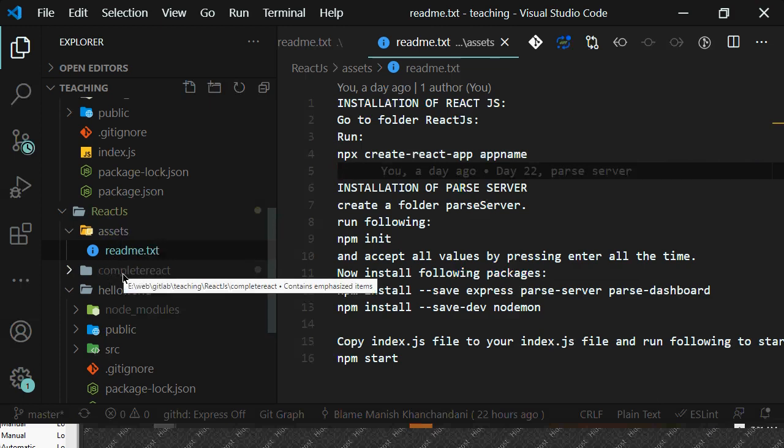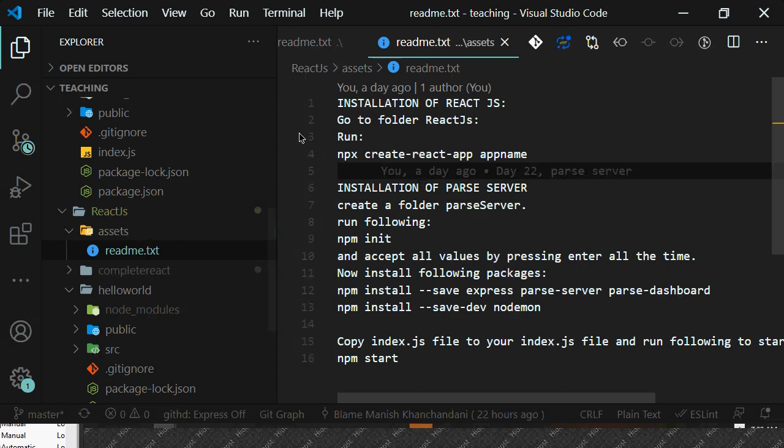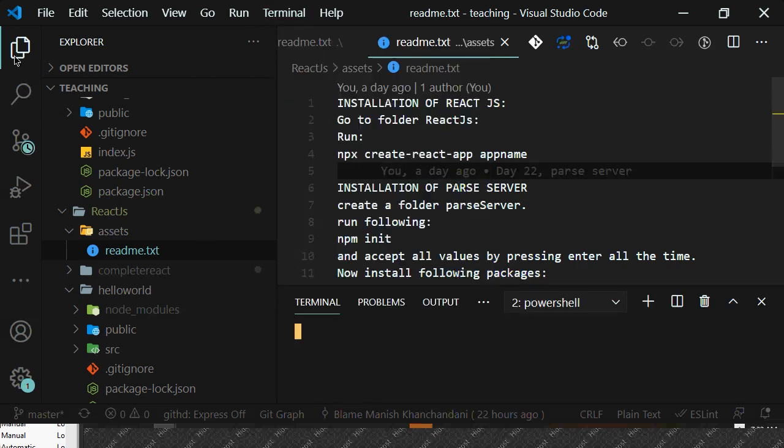I created the complete React folder, but I will not use this. I will be using another folder. I'll show you now, because actually I have to commit in Git to keep the history, but I don't want to share that one with you because I want you to write the code from scratch yourself. So I have created another folder which I'll show you. So before that, let me start the parts server,